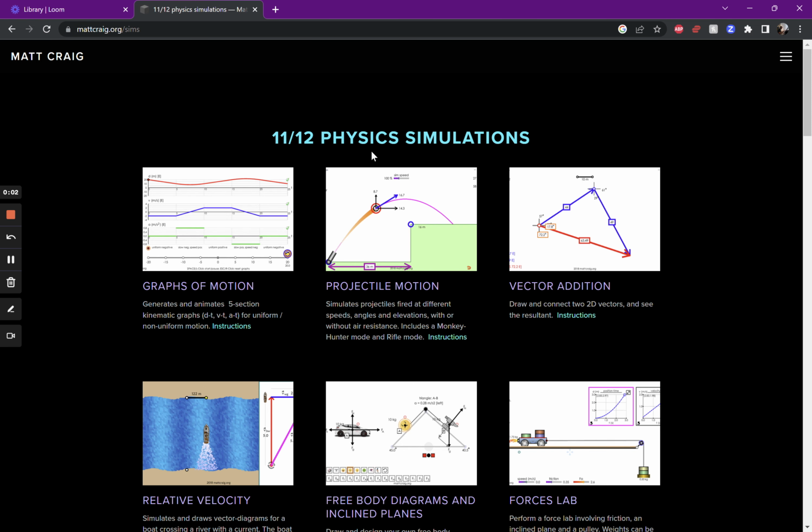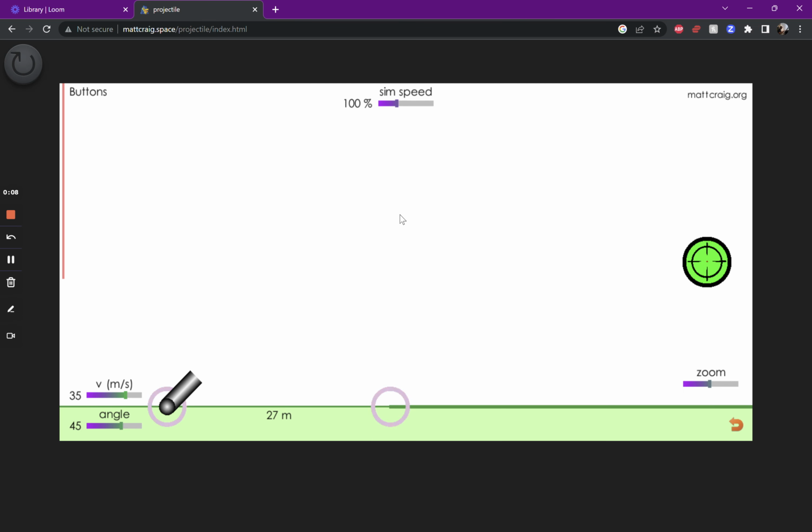This is a tutorial for the projectile motion simulation. I'm going to click on it here, and it opens up to this screen. The first thing you can do is click this green button and it fires the projectile, which will land, and it will give you the range of the projectile based on this speed here, which you